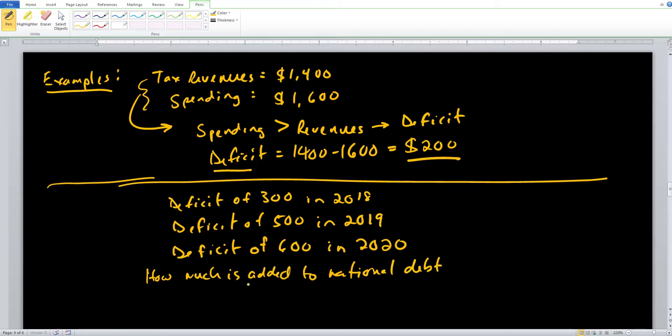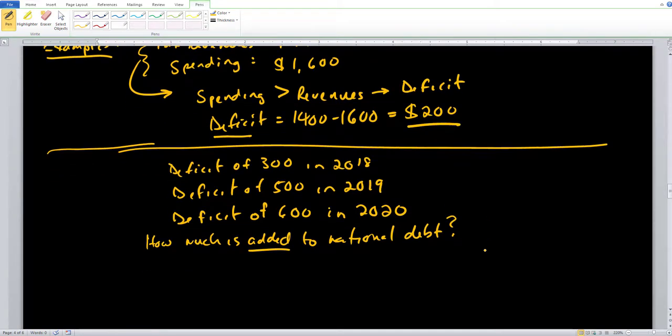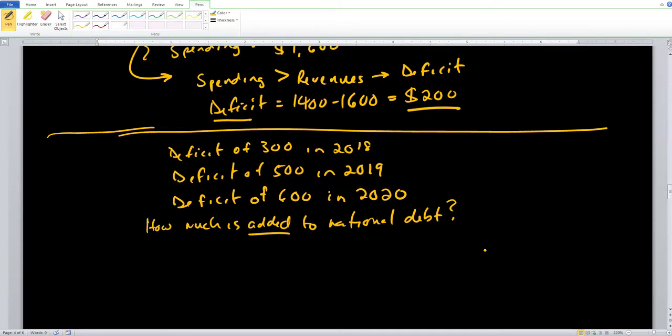So we don't want to confuse deficit and debt, because deficits, remember, are for one given year, while the debt is going to be the past sum of all deficits and surpluses. Here, because we run 3 straight deficits, remember that if we run a deficit, the national debt gets larger. So simply all we need to do is add these 3 numbers together. So 300 plus 500 plus 600, we notice that our national debt has gotten larger by